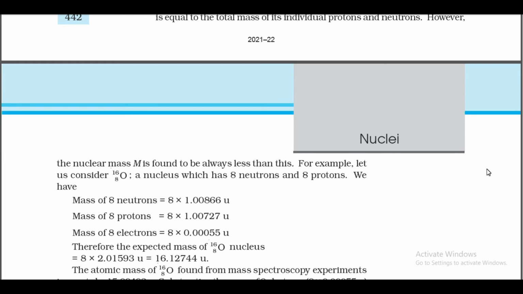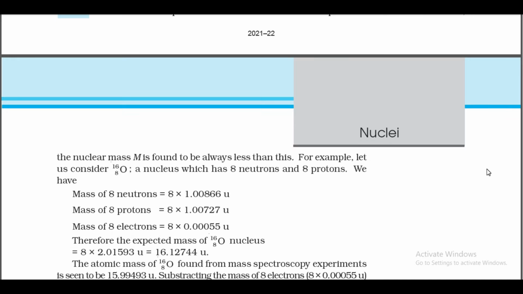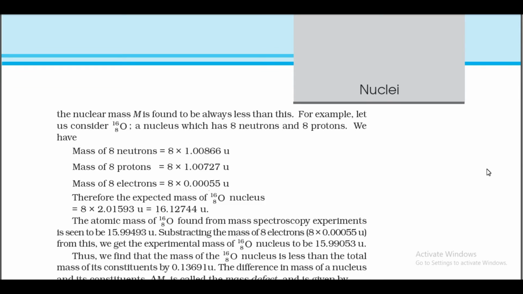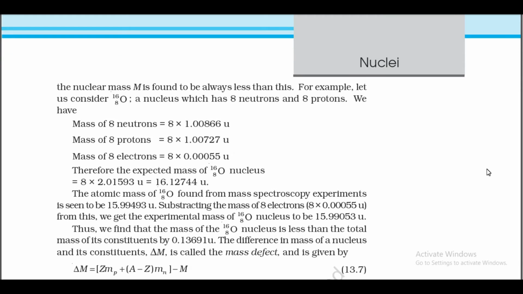We have mass of 8 neutrons = 8 × 1.00866 u. Mass of 8 protons = 8 × 1.00727 u. Mass of 8 electrons = 8 × 0.00055 u. Therefore, the expected mass of the 8O16 nucleus = 8 × 2.01593 u = 16.12744 u. The atomic mass of 8O16 found from mass spectroscopy experiment is seen to be